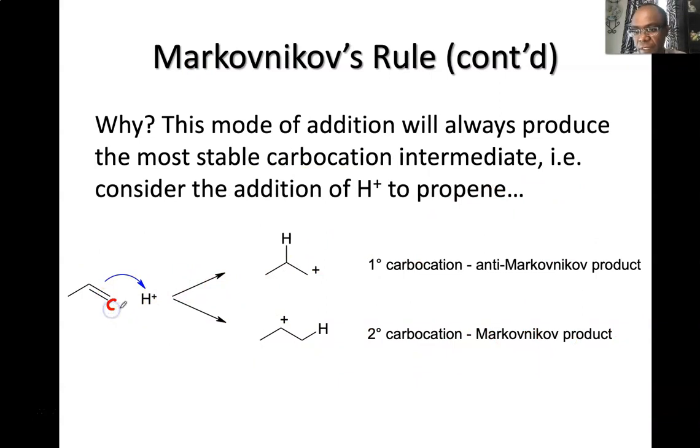So again, you're given an example here. Looking across the double bond, following Markovnikov rule, this sp2 carbon has more hydrogens. We don't consider this even though it has 3 hydrogens. We don't consider that. So we only consider the carbons across the double bond. So this has 2 hydrogens. So we do the attack